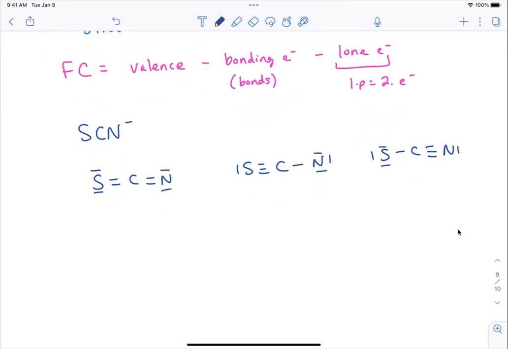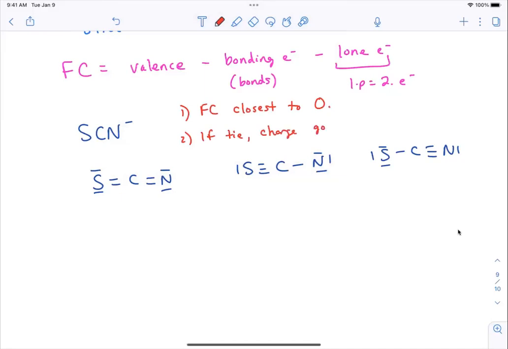And test structure, everything, it fits. All these are technically correct, but one of them is the best structure. And you want to look at two things. One, formal charges closest to zero. Okay. If a tie